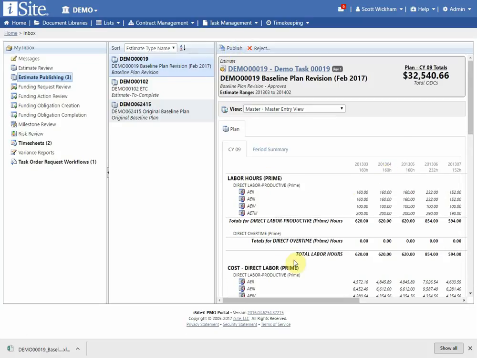So even as a publisher, I have the ability to reject an estimate. So this is the last chance that I have to say, okay, there's something wrong here. If I reject it, it goes all the way back to the author. It puts it in a rejected status. I will have to give a comment as to why it's rejected. And then I can go ahead and make any changes and submit it for approval again,